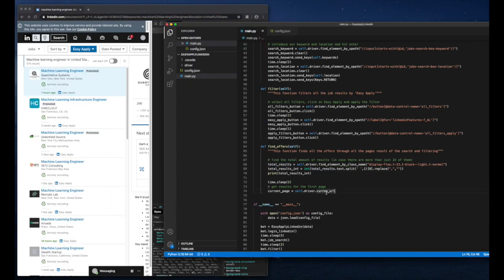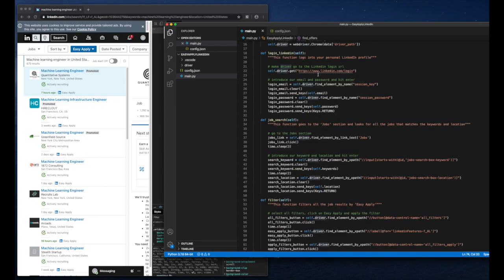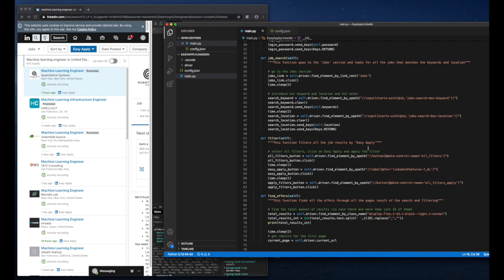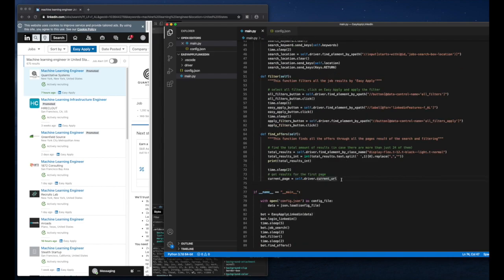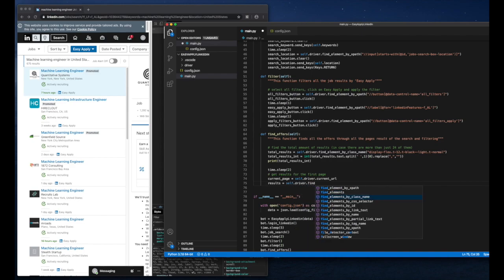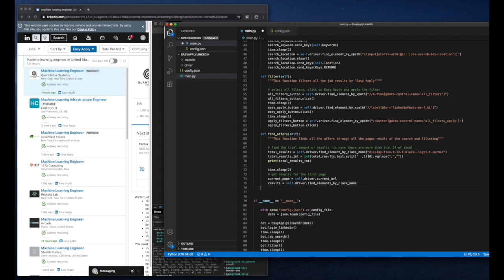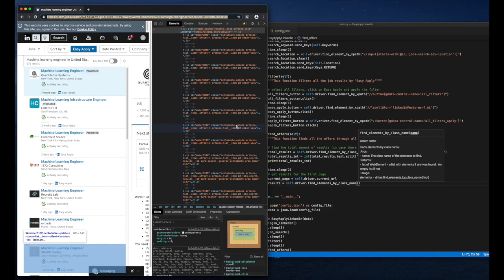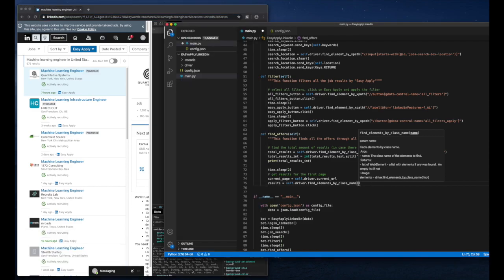And that's why we get from the driver, it's very easy, just to say webdriver, this driver, tell me which current URL I am at. And results would be self.driver.find_elements by class name. And I said before, the class name is going to be this one for each of them. So let's just quickly